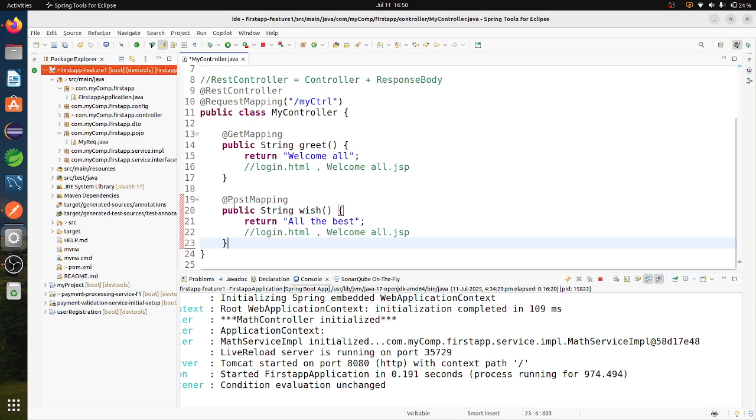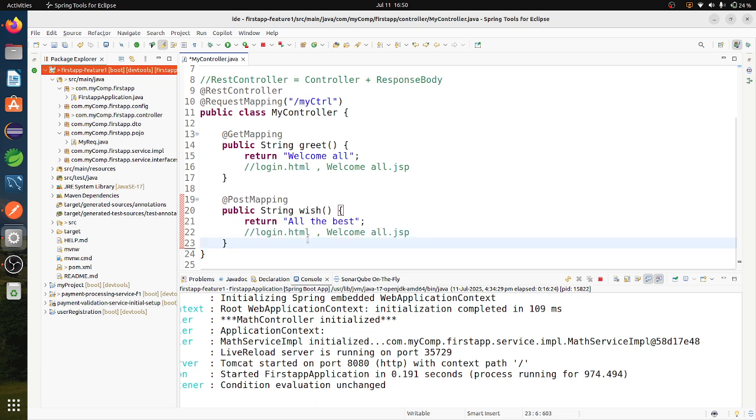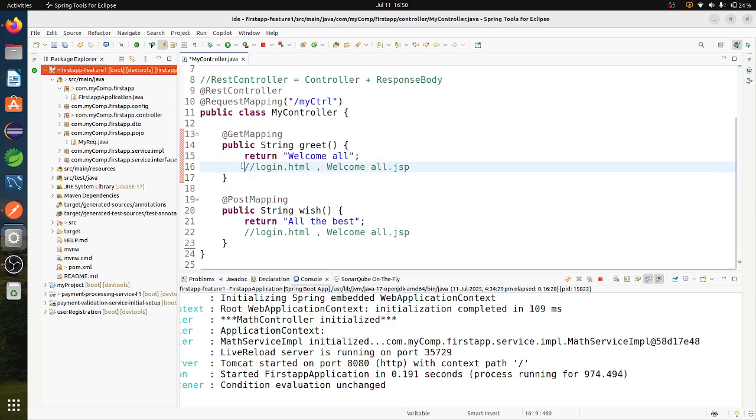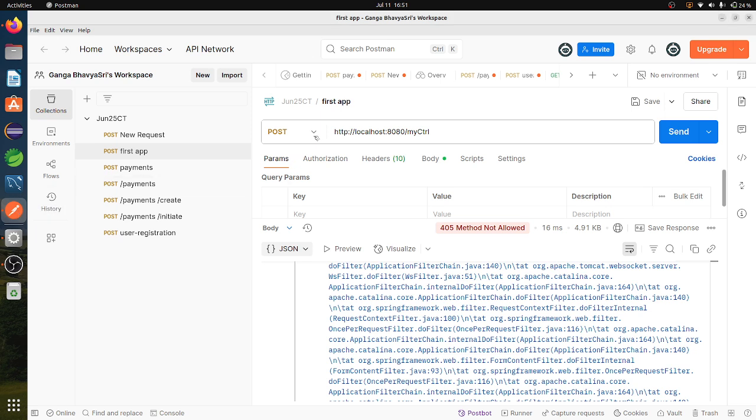So whenever it is post type mapping, I want to return this method. If it is get mapping, then I want to return the other method. So it will be no problem even if I change between get and post.